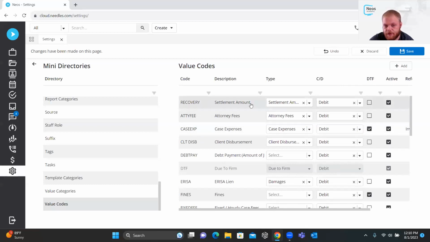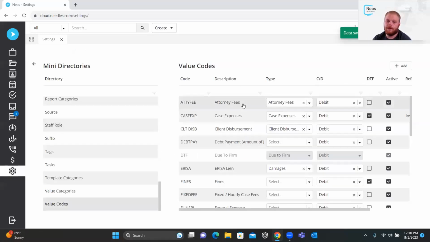But like we said, you can create your own custom value codes. Just make sure you click the blue save at the top right. All right. So now that we've got our permissions set, we have our new value code, we can now go create a